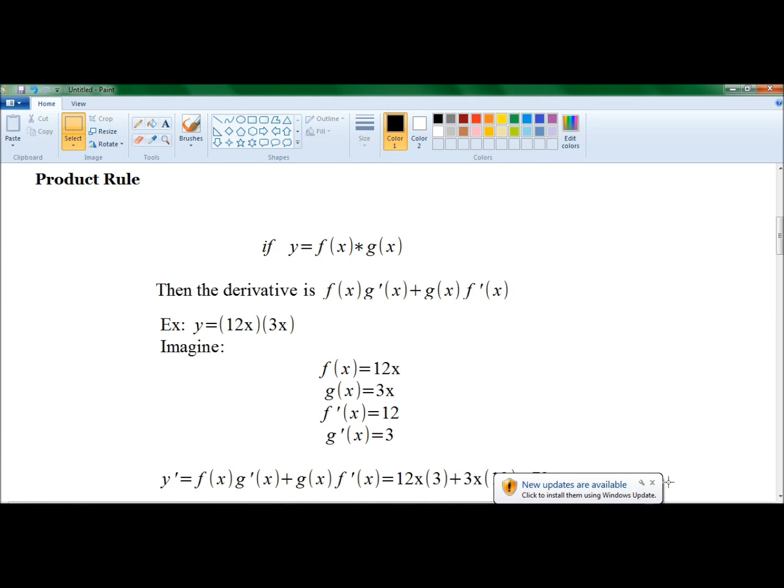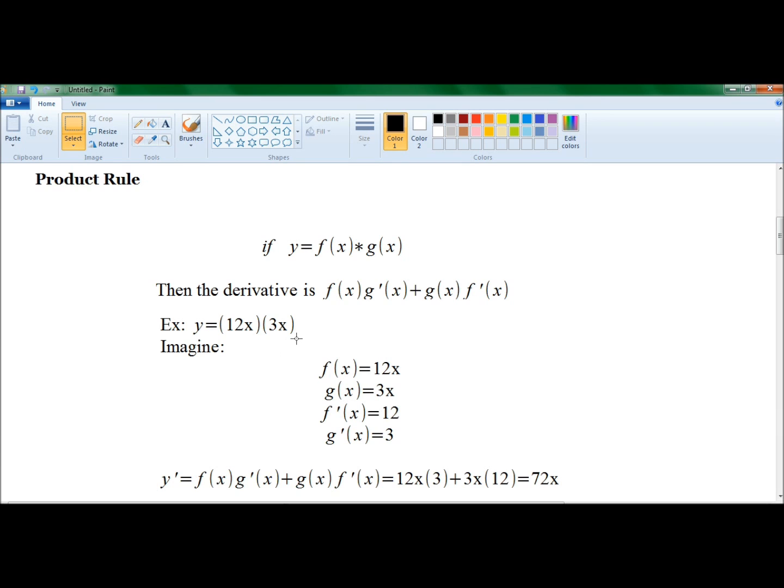Okay, so for an example, say you have y is equal to 12x times 3x. Well, you know that this is actually just 36x squared, and you can find the derivative of that pretty easily. You know that's 72x. But using the rules here, we know that f of x in this case is 12x,